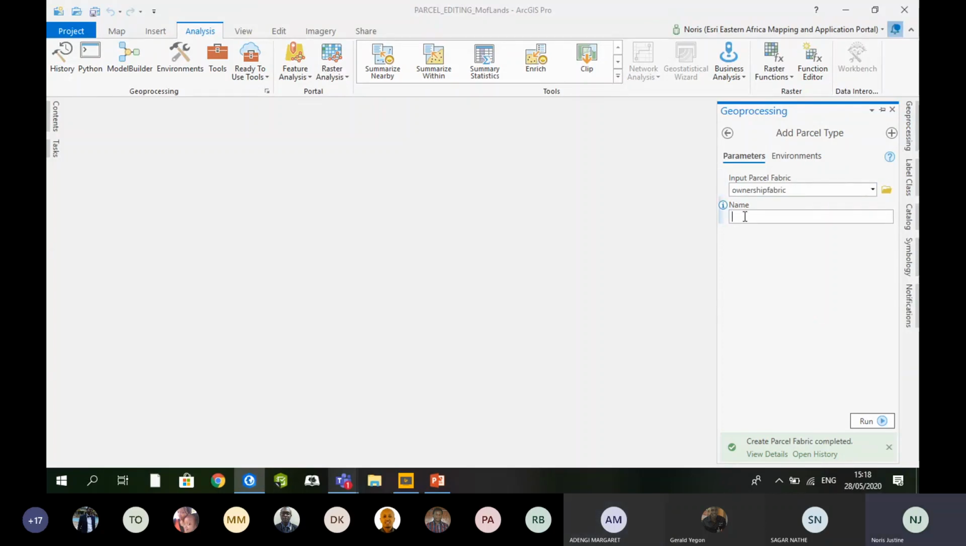So for a parcel type, we could just name it, let's say ownership parcels. So once you have named your parcel, you'll just run the tool. So for the parcels, you can add as many parcels as you need, but in our case, we'll just use